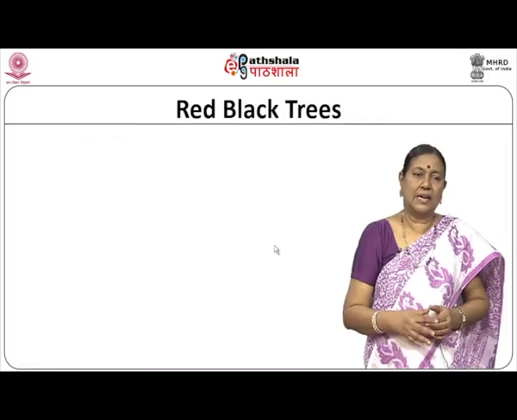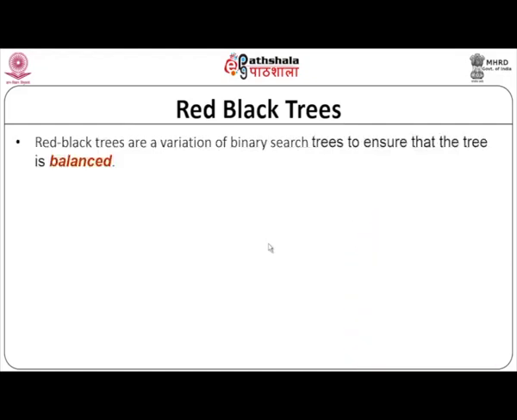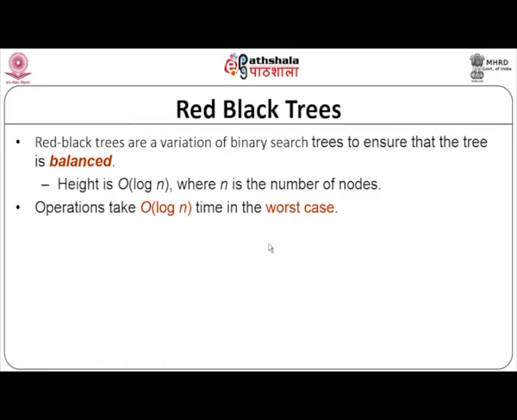So, let us start with what are red black trees. Red black trees are a variation of binary search trees to ensure that the tree is balanced. This is a similar definition to what we had for AVL trees. So, what is the difference? We will come to that. Okay. So, height is of the order of log n, where n is the number of nodes, similar again to AVL trees, where we wanted the height to be of the order of log n. So, if the height is log n, the operations will take of the order of log n time